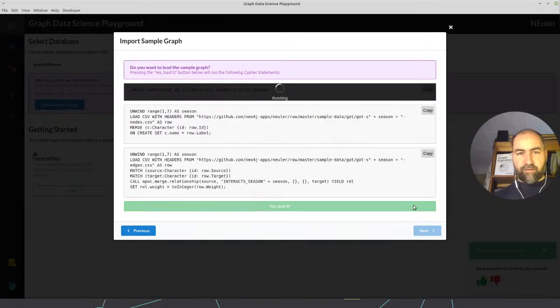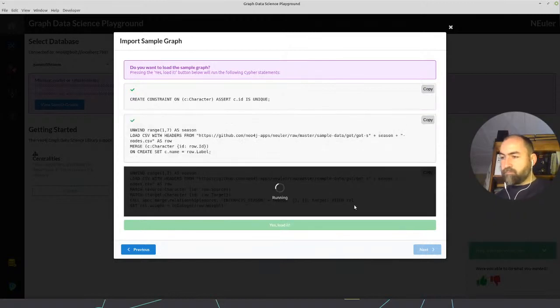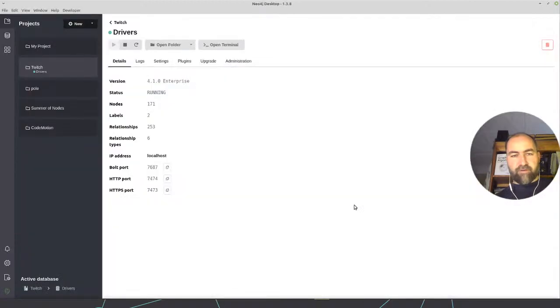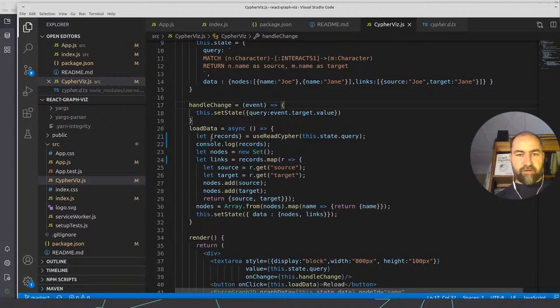Okay, yes. Okay, Adam says we don't need async await for the use Neo4j. We just should take care of loading.